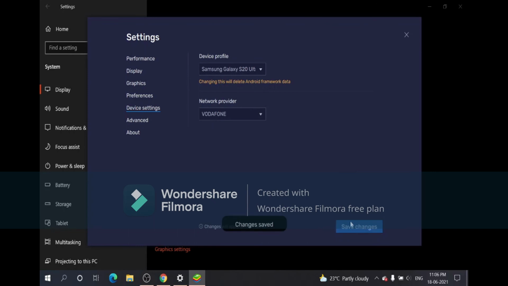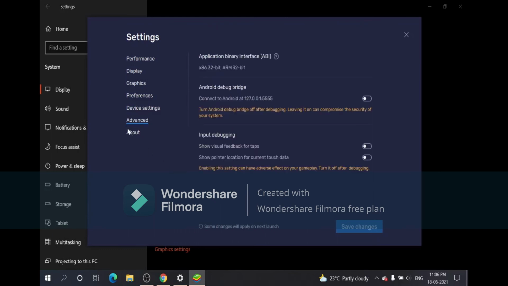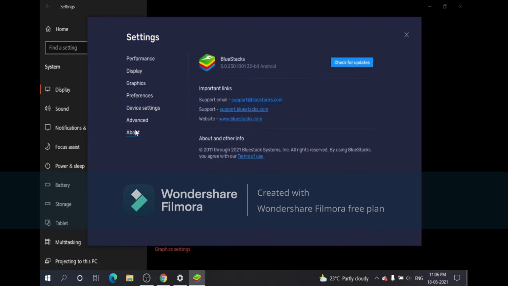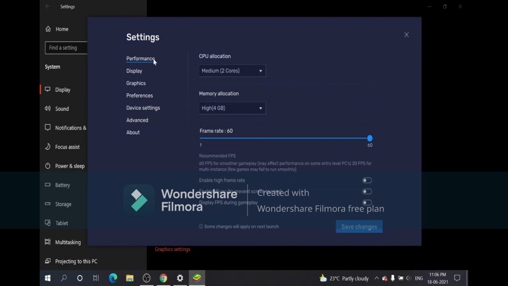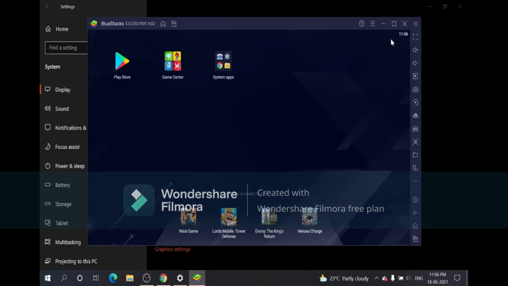And save the changes. This time it should not ask you to restart the app. If it asks you to restart the app, just restart it. Don't fiddle at all with this. So everything is set for me. I'm going to close this right now.